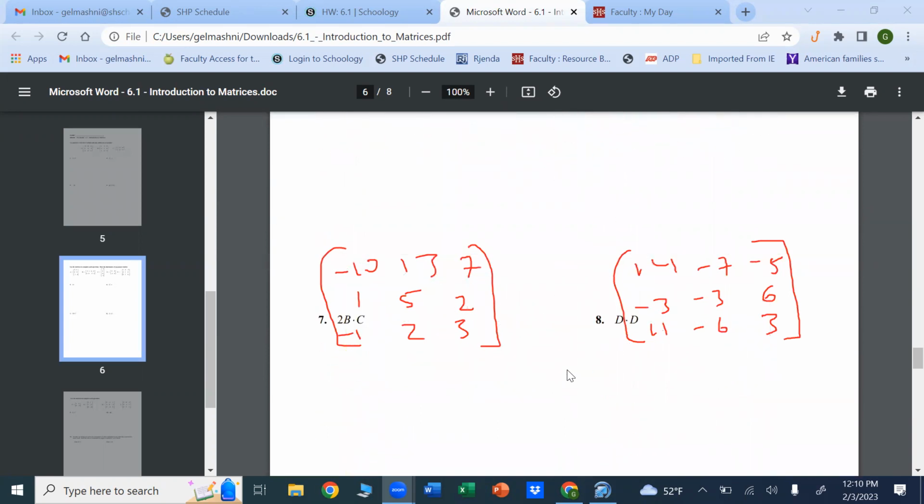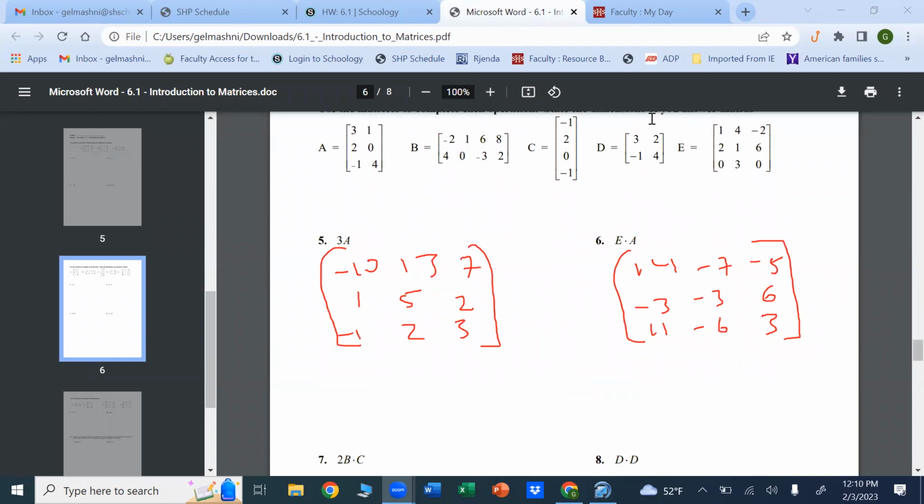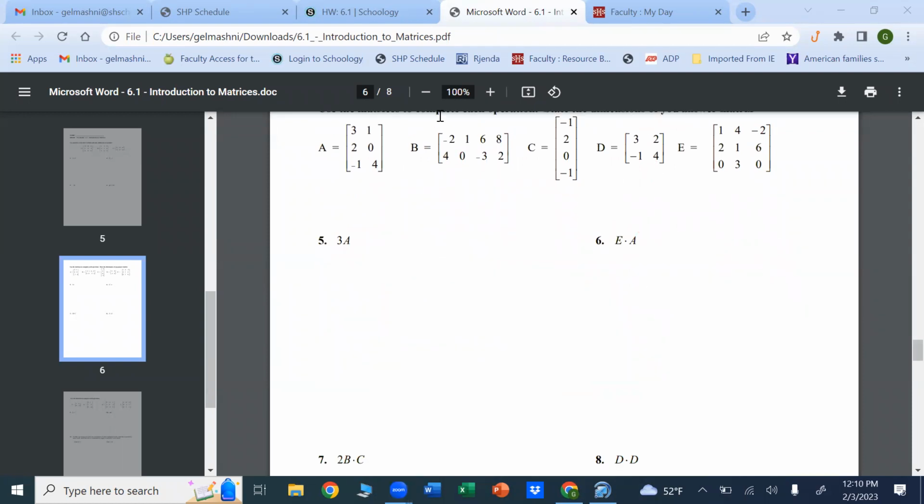Okay, for number 7, B times C. B is a 2 by 4, and C is a 4 by 1. So multiplication actually should be pretty straightforward. The final answer would be a 2 by 1. I'll distribute the 2 in a little bit. But if you do the multiplication,